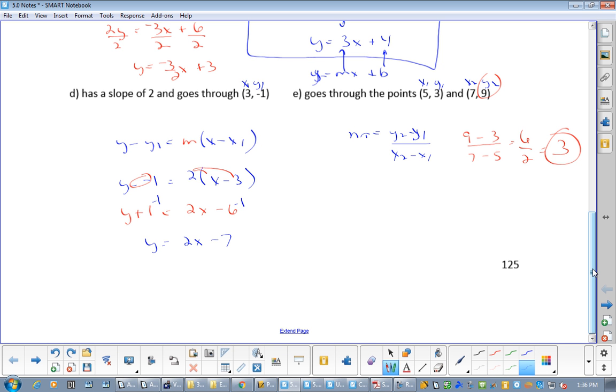So what's the formula? It's y minus y1 equals m times x minus x1. Okay, so let's use 5, 3. So y minus 3 equals, so I'm going to use 5, 3. Let's just write that there. Where did you get that from? Because 5 comma 3 is definitely one of them. So y minus 3 equals m, which is 3,